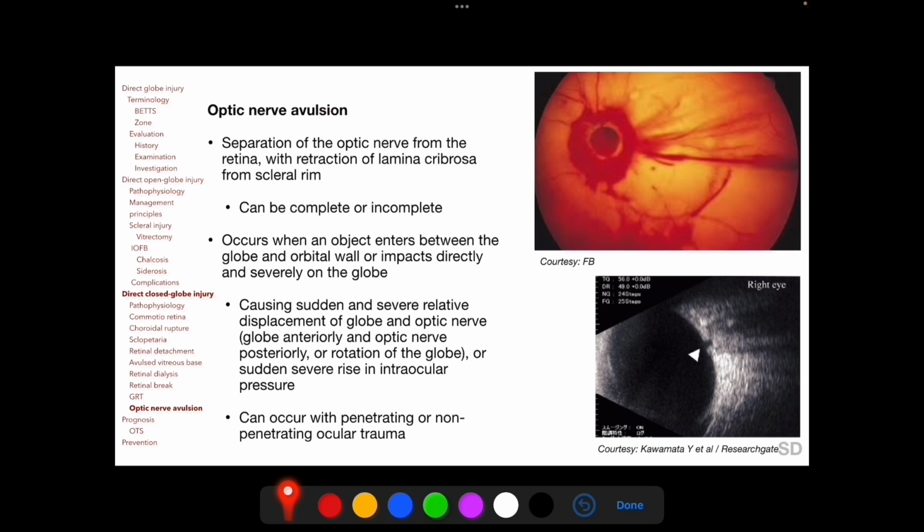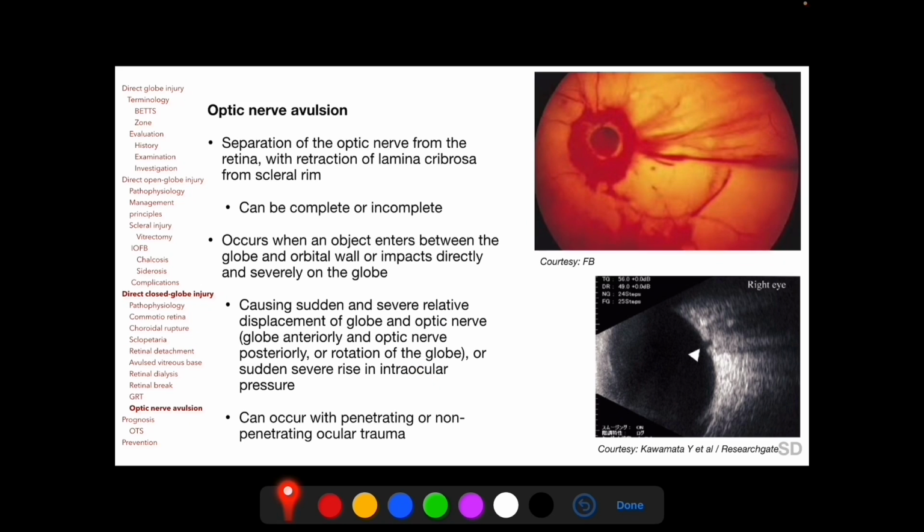Optic nerve avulsion refers to separation of the optic nerve from the retina with retraction of lamina cribrosa from the scleral rim. This separation can be either complete or incomplete. Optic nerve avulsion occurs when an object enters between the globe and the orbital wall or impacts directly and severely on the globe, causing sudden and severe relative displacement of the globe and the optic nerve, or sudden and severe